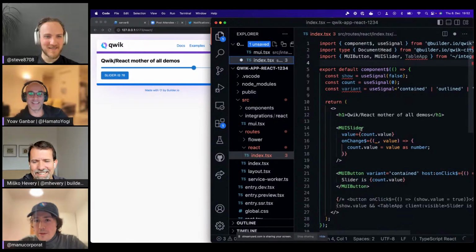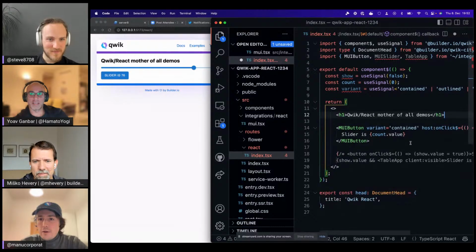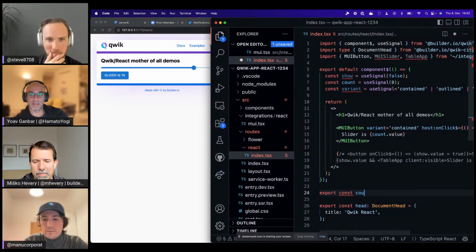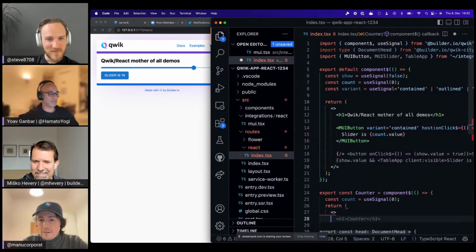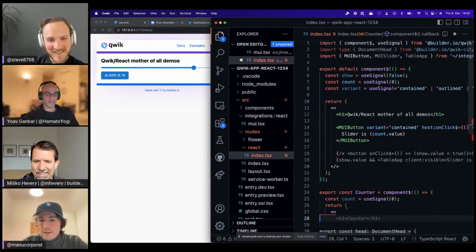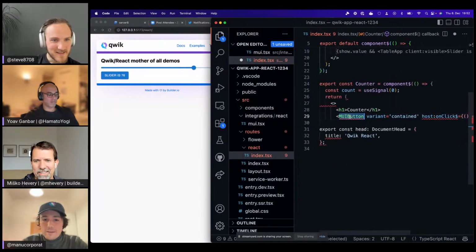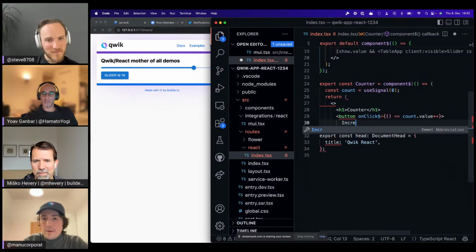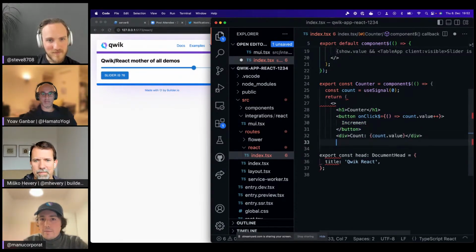Another thing I want to show, which is kind of cool, is I'm going to remove this component, and I'm going to make a new Qwik component. It's going to be called counter. Very, very exciting component, by the way. Let's see. Okay, Copilot almost. Not this button, just a button. All right, so I'm going to make just a button. I'm going to call it increment.